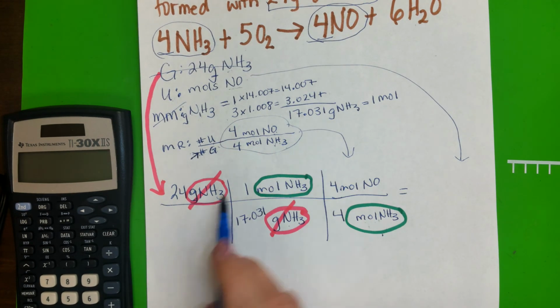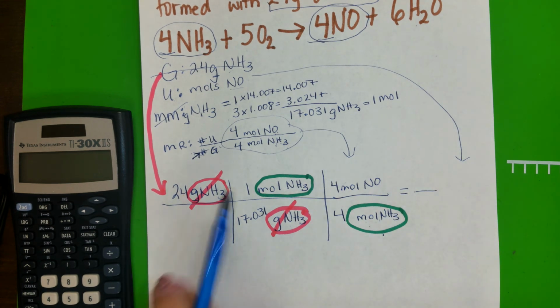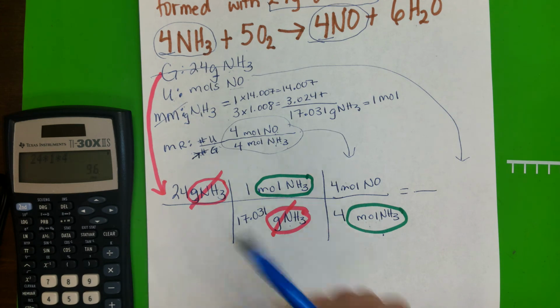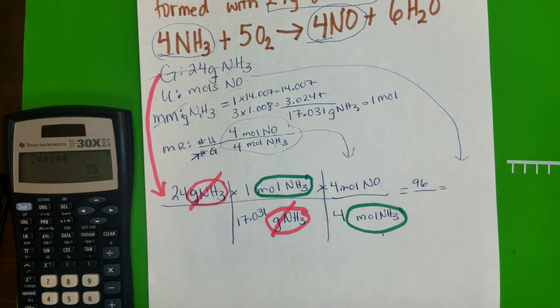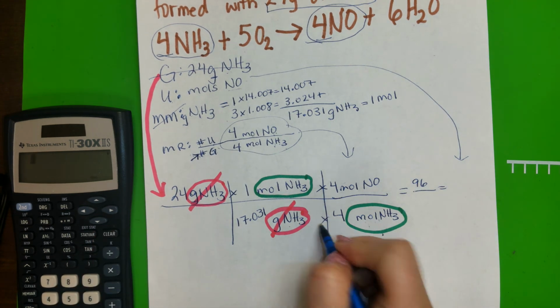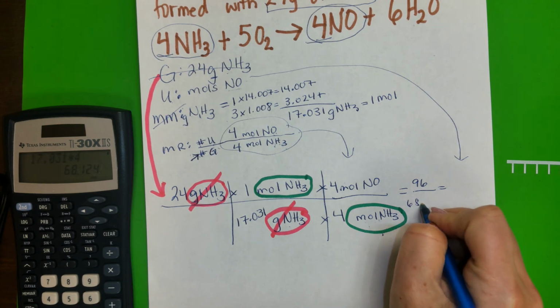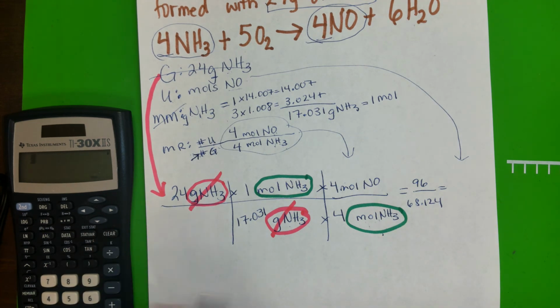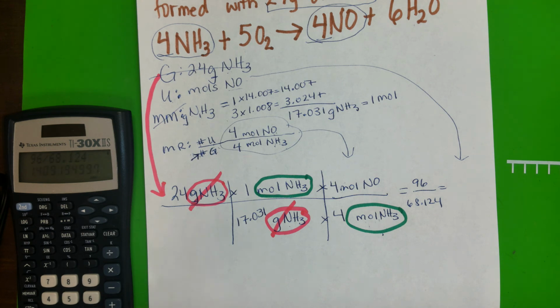Keep in mind that you're going to multiply the top, multiply the bottom, and then you're going to divide. So I suggest 24 times 1 times 4. So let's go ahead and put it in there. 24 times 1 times 4. Again, you're multiplying the top. Okay, that would be 96. And then the bottom, 17.031 times 4 equals 68.124. So I'm going to clear it because 96 is on the top, so you're going to put that one first in your calculator. So 96 divided by 68.124 equals